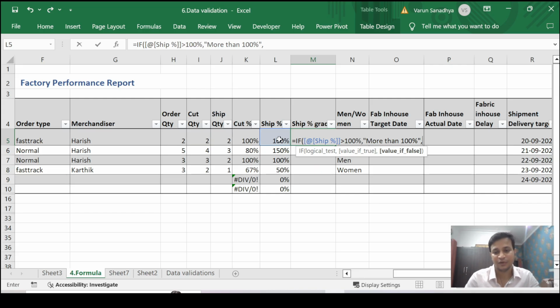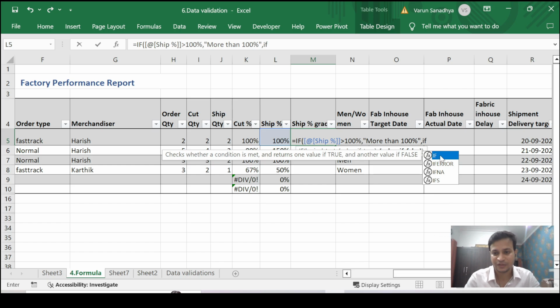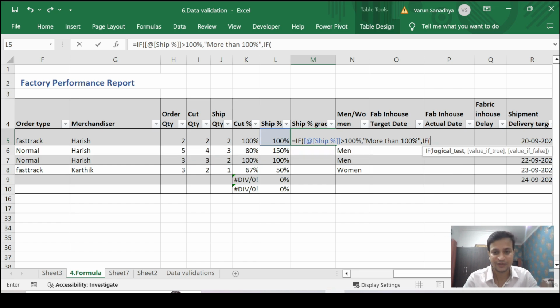Now again in the false part there will be another if. So once you check for 100%, if it is not 100%, check if this is greater than 70%, and if it is found to be true, you have to type